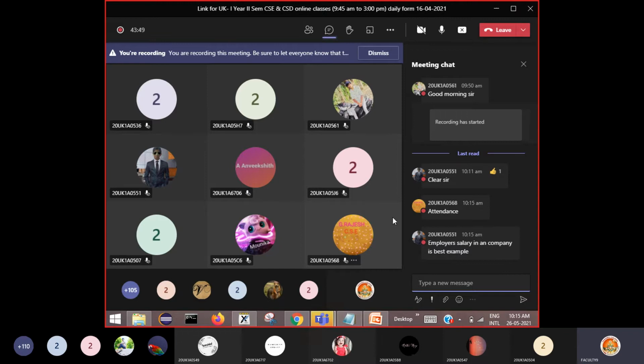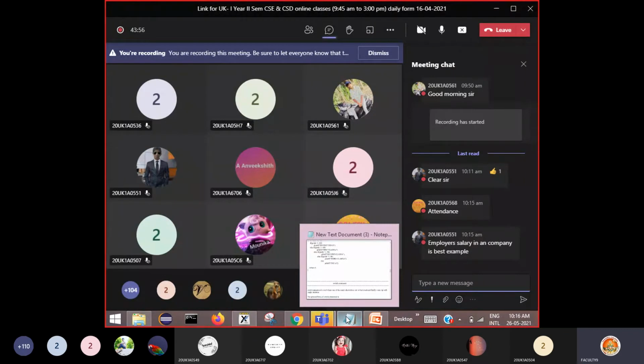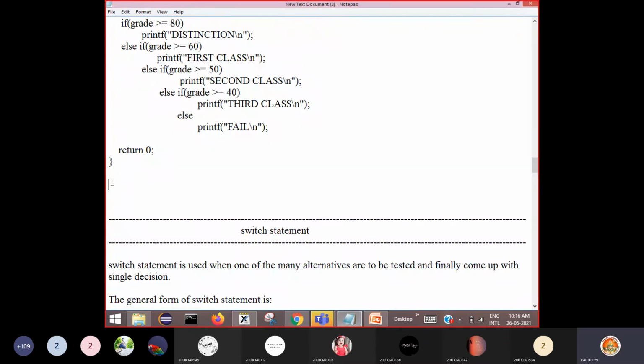If salary is between so and so, you will be called a second grade employee, third grade employee, manager, clerk, like this. For different salaries, there will be different grades.